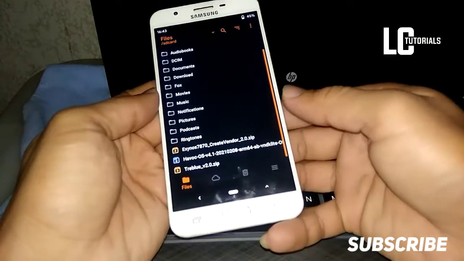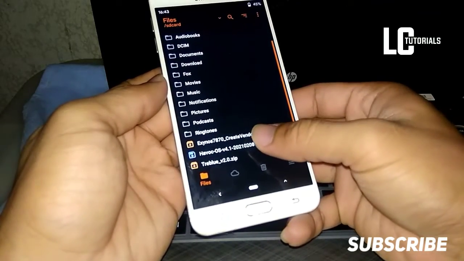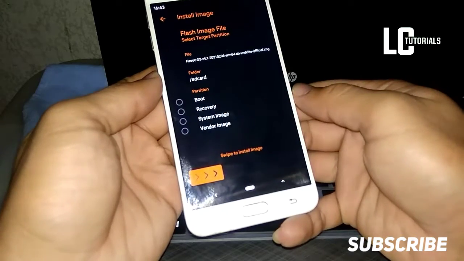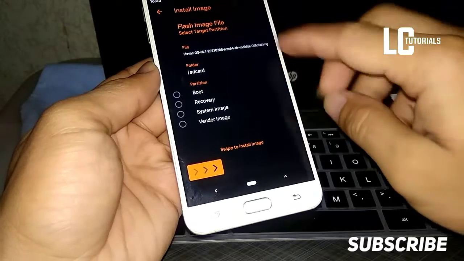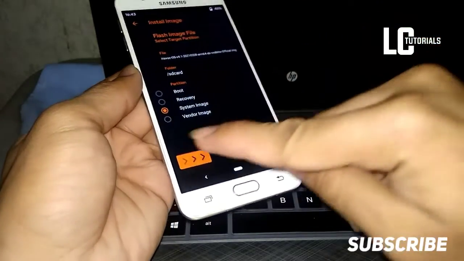The next one that we're going to flash is the Havoc OS. Here, you need to select a system image and then flash.